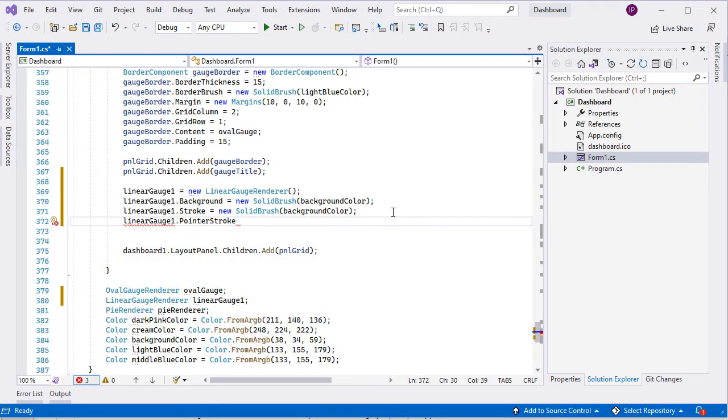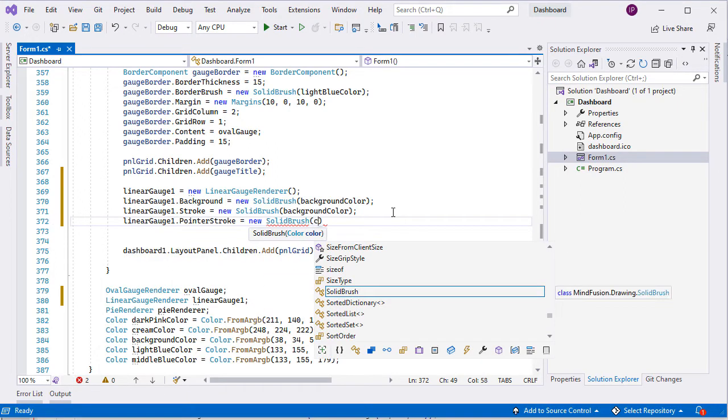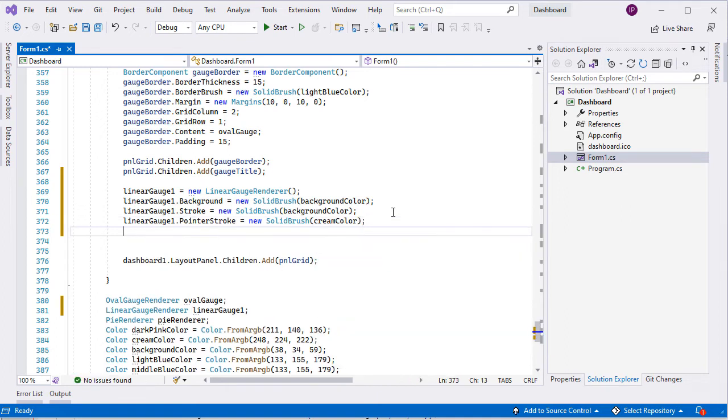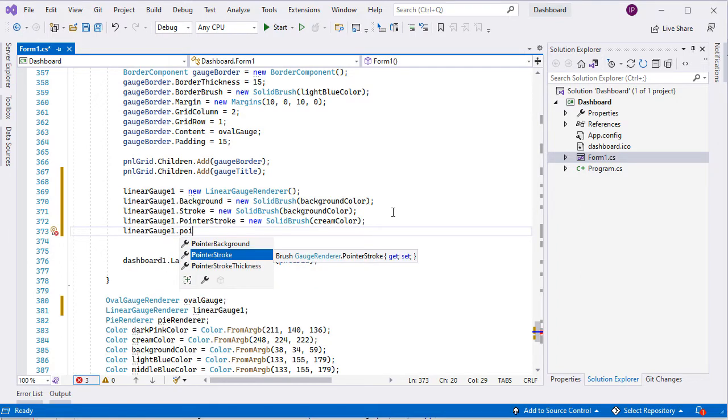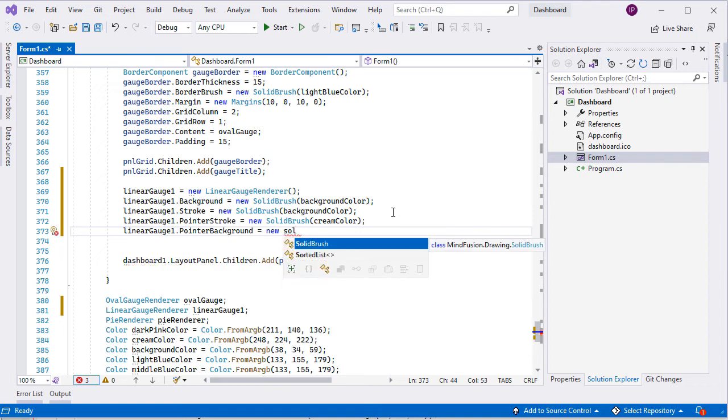The pointer stroke is cream color. It should be in contrast with the background. We set the pointer and tick background brushes to blue as well.